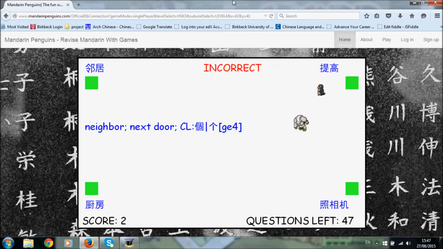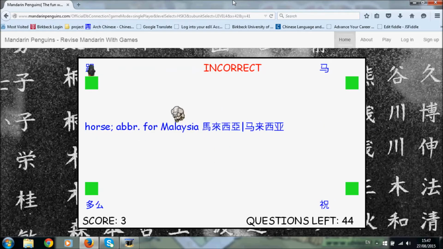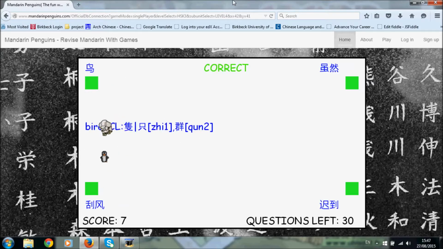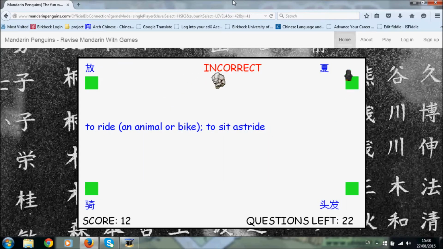For example now. All the while you're trying to answer questions, there's a monster chasing after you. If the monster hits you, you get that question incorrect. The monster will chase you wherever you go. And you have to try to answer the questions without getting hit by the monster. If I quickly finish this level,